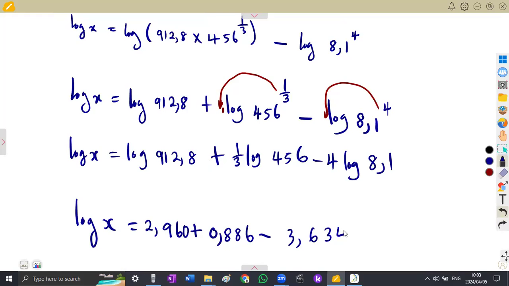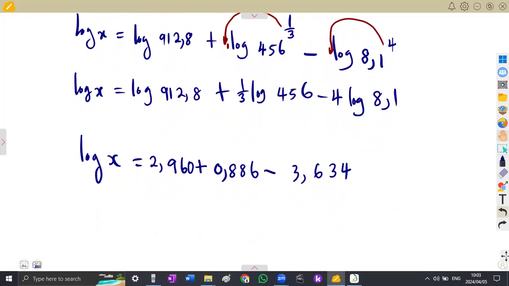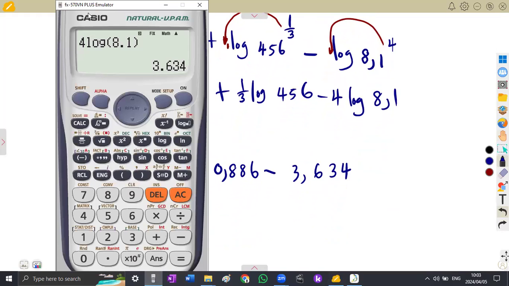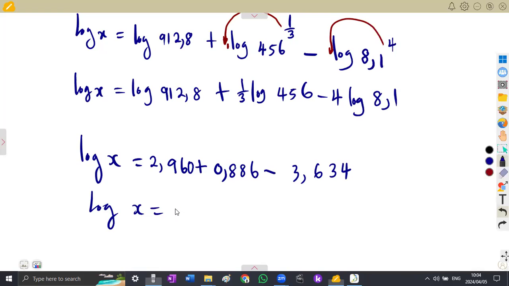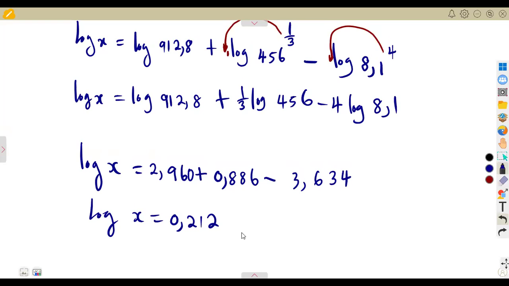3,634. All right, so that is it. So what you're going to do is to combine everything on the right-hand side. We are going to obtain what? That's 2,96 plus 0,886 minus 3,634, like this. So this will give us 0,212. So it follows that the logarithm of x is equal to 0,212,